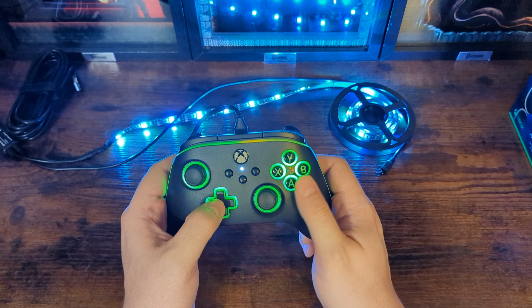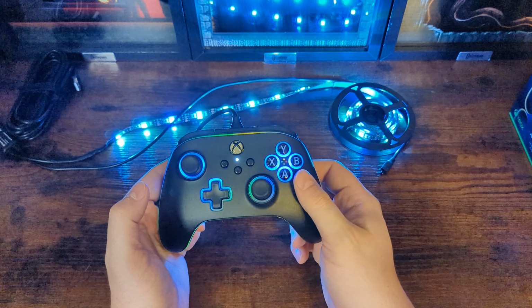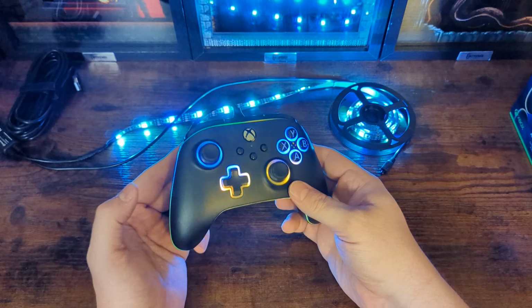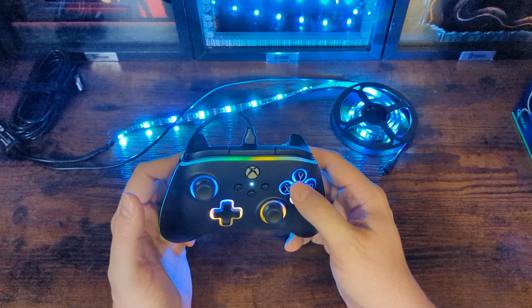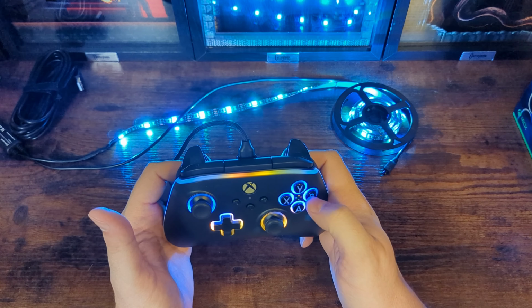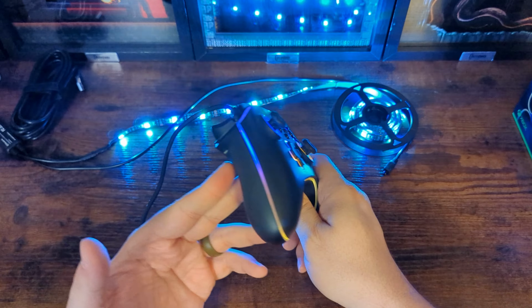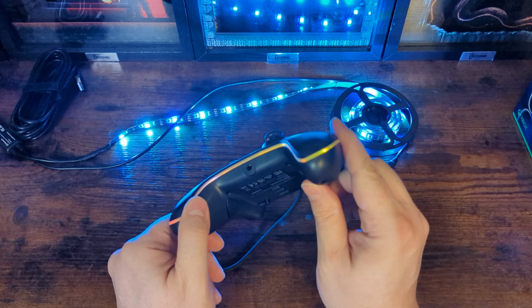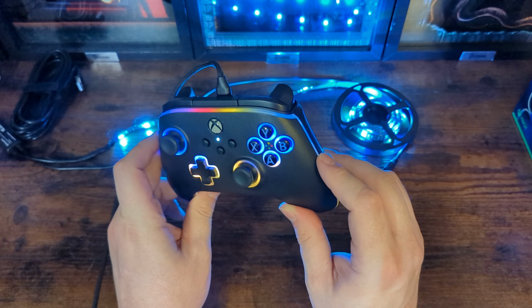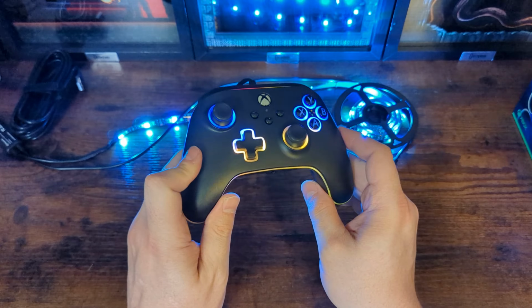So here we go, face buttons. Let's change these over to blue. There we go. And then we go to zone 4 here, which is our D-pad and right analog stick. And then here we go, zone 1. We'll make this one also kind of reddish. So as you can see, you can get a pretty distinct look here. Unfortunately, zone 1 and 2 seem to be overpowered by zone 3 and 4 a little bit,